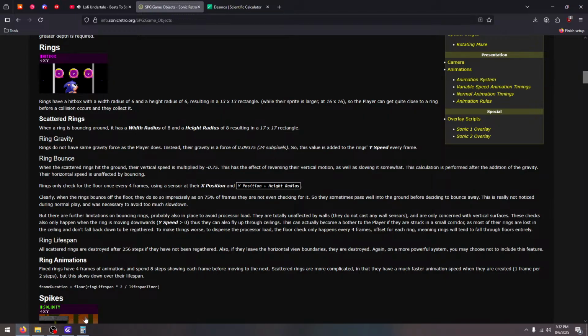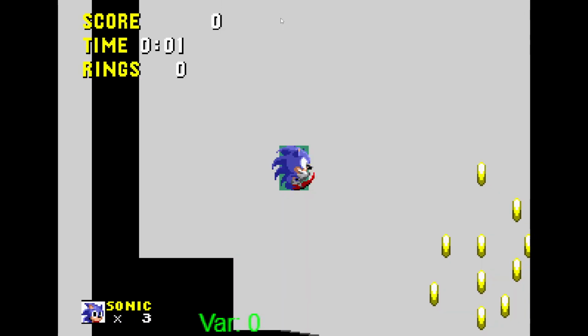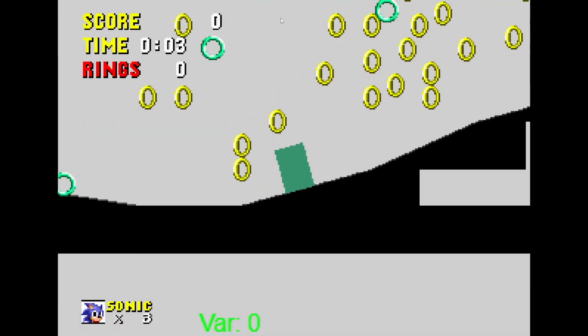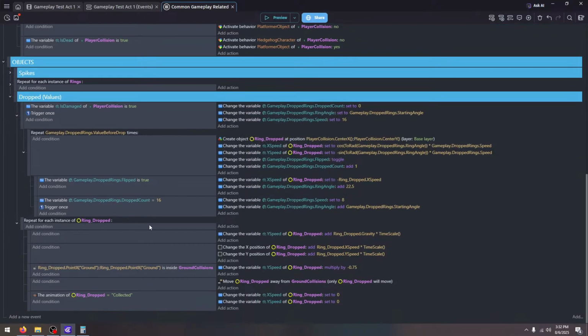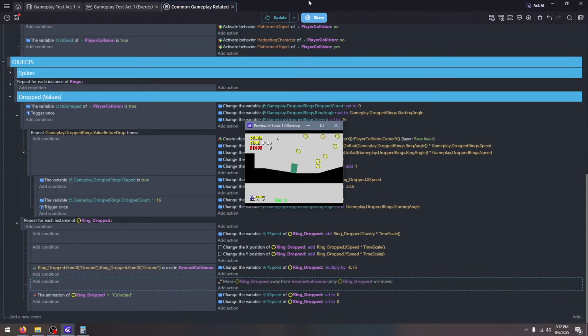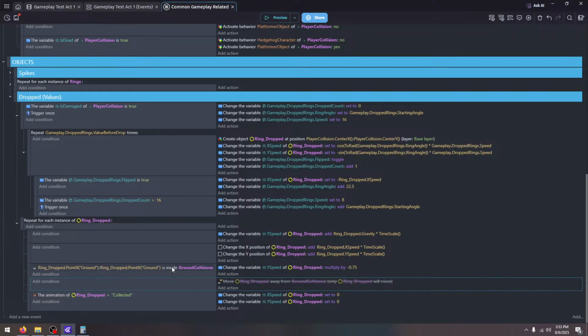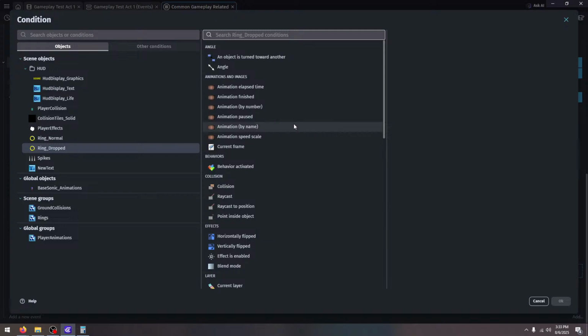Multiplies by the negative. Is it not? Try disabling this. That's not right either. Since we can do it like this,